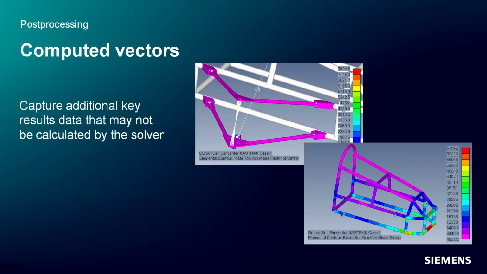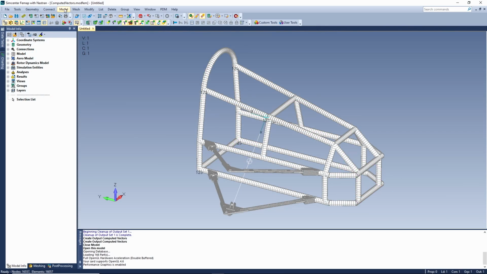Moving on, certain types of output are not always calculated by a particular solver. Thus, FEMAP 2301 allows creation of computed vectors either automatically when reading results or at any other time output is available in the model. Users can choose from a list of common output types, predefined envelopes or combinations, or reference an API script written to compute values required by their specific workflows. So what we're going to discuss now is the idea of computed vectors, which were added for FEMAP 2301.